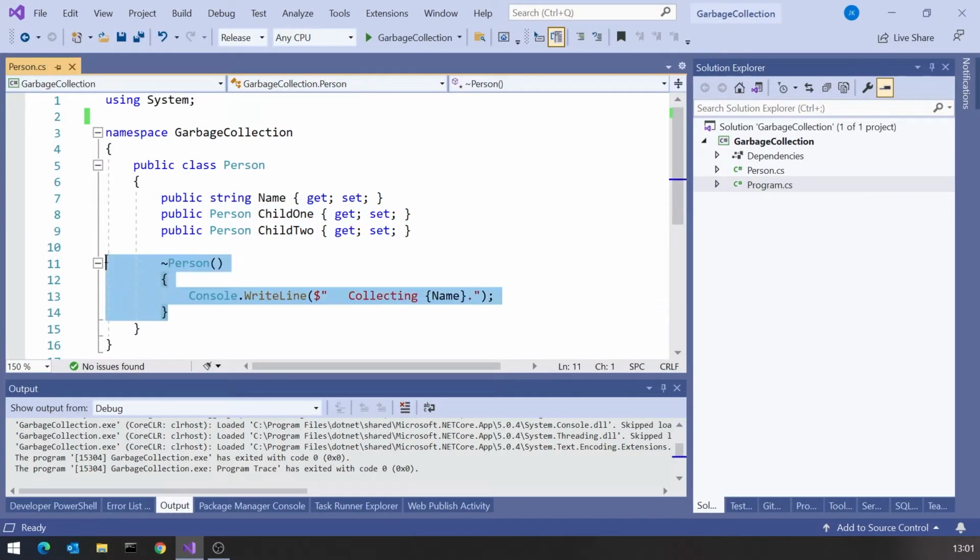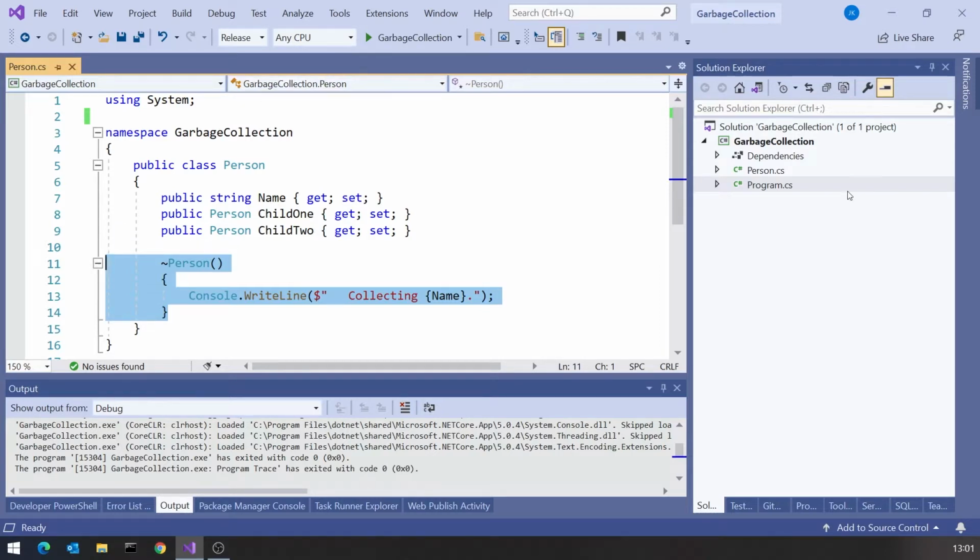And then what I've also got is this finalizer. We'll talk about finalizers in more detail in the next video, but for now, just bear in mind that a finalizer is a method that gets called just at the moment when an object is being garbage collected. So all we're using it for here is so we can keep track of what's going on. It's not a particularly normal use of a finalizer, it's just there to keep track.